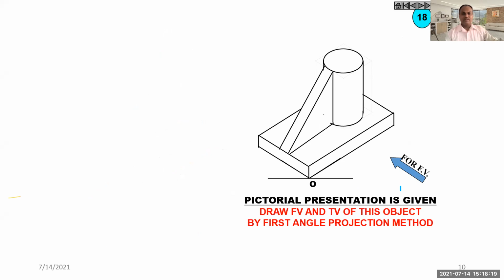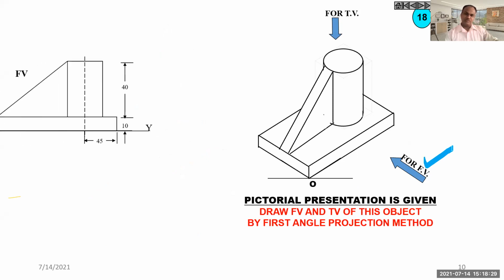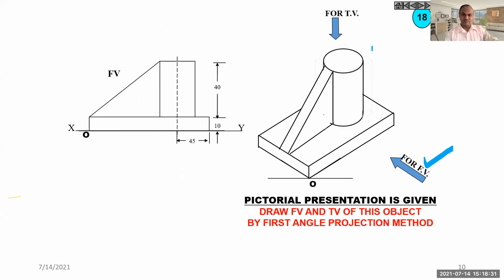Then again, you have to take care of the arrow, because that arrow will represent you, which is the side of front view. Okay, which is the side of top view. Top view is always top. The arrow may not be given, but from the front view arrow you can find out the front view, top view, and this is the LHS side view on the right side. So they are asked to draw here only front view and top view.